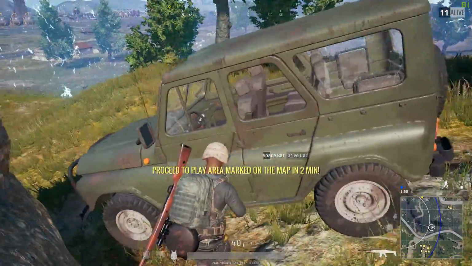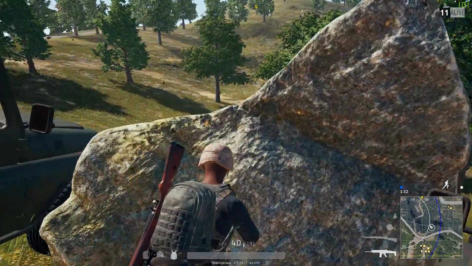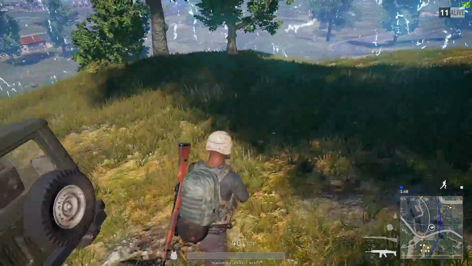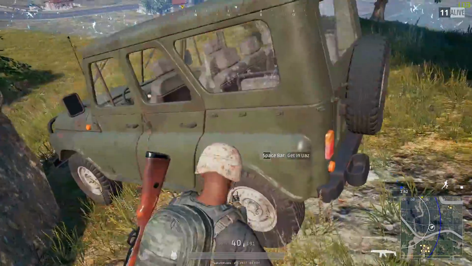We should have people coming in from this way nevertheless, but we're still on the edge here, so we're in a good spot. We made a good move playing the edge because there's ultimately no really good positions that you could be taking at this point. Except for the buildings, but now that the buildings are almost out, I doubt that the circle's going to end on them, so...